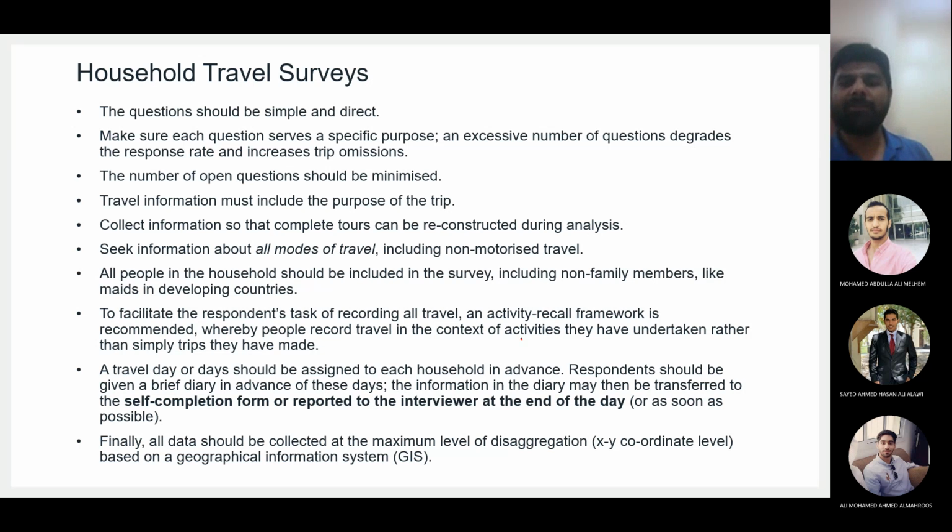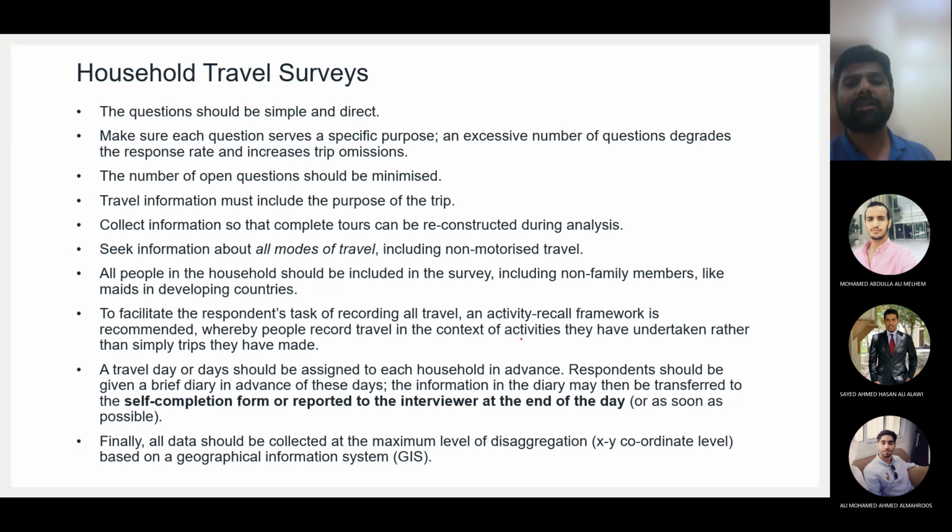Okay, so the purpose of the trip is very important because it affects a lot of things. Even your mode choice, where you are going, which route you are taking, many of these things depend upon your purpose. If you are doing something for shopping, then you may take a different route. If you are doing the same thing for a work trip, then your route and your timing will be different.